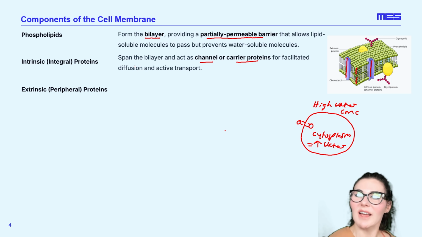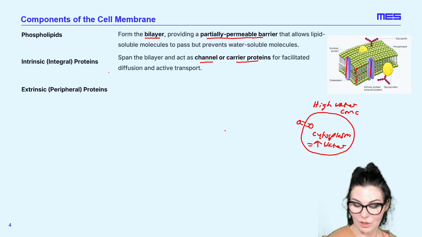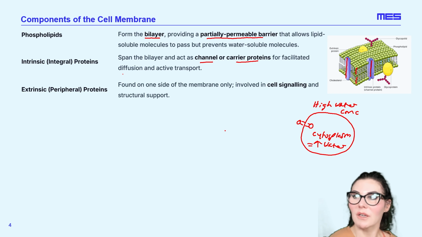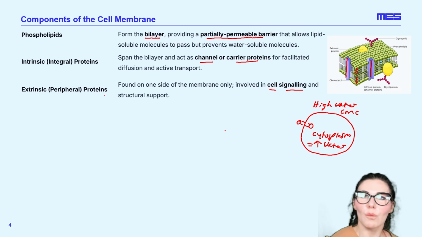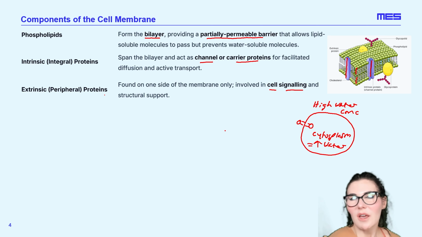What about the extrinsic, or the peripheral proteins? These are proteins which sit on the edges of the phospholipid bilayer, and it doesn't matter which edge, it can be the outer or the inner edge, depending upon their role. They are generally involved in things like cell signaling, which is how one cell can communicate with another cell. White blood cells are something you learn about a lot at A level, where you understand the process of cell signaling between different types of white blood cells using chemicals called cytokines or interleukins. So that could be the job of some of those extrinsic or peripheral proteins. They're involved in that process,